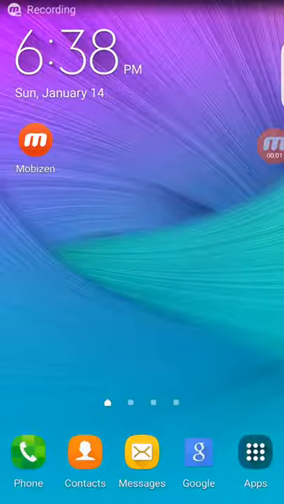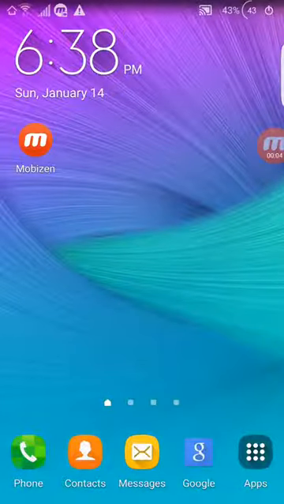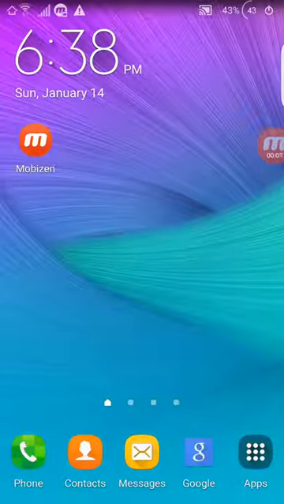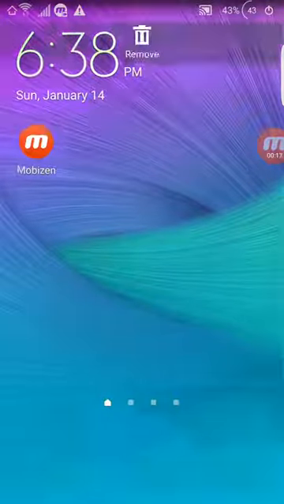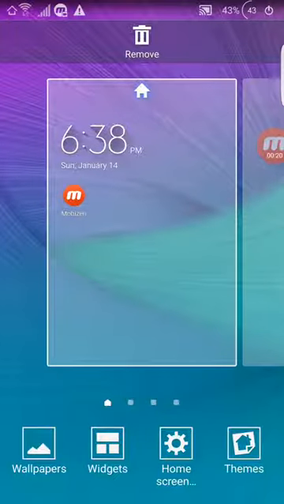Okay, let's go and set this ROM up. This is a pretty nice and easy ROM, with so many things already pre-configured, and you just have to set up some stuff here and there. First thing we're going to do is set up the theme. You press and hold anywhere on the home page. You will bring up these